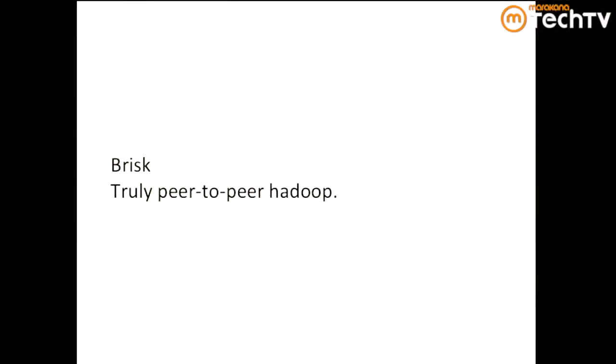So this turned out to be a pretty common case for our customers, and that led us to investing time and building what's called Brisk. Brisk is a truly peer-to-peer Hadoop, and we'll see where that gets. But Brisk is essentially Hive plus HDFS plus Cassandra. So that's Cassandra's entrance into the Hadoop space, where we're trying to see how we can solve the problems